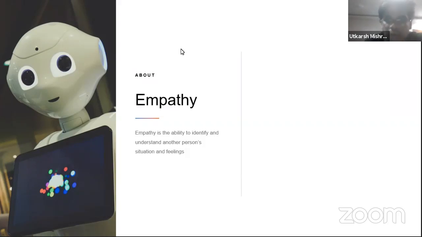So there are a few setups in which we can use empathy, and the first one is the ability to understand what is going through someone else's mind. If we are able enough to understand what is going on the other side of people, if I'm able to understand what's going on in the mind of Yogesh, for example, right now, what Yogesh is thinking, then I can say that I can empathize with Yogesh in terms of his requirement,